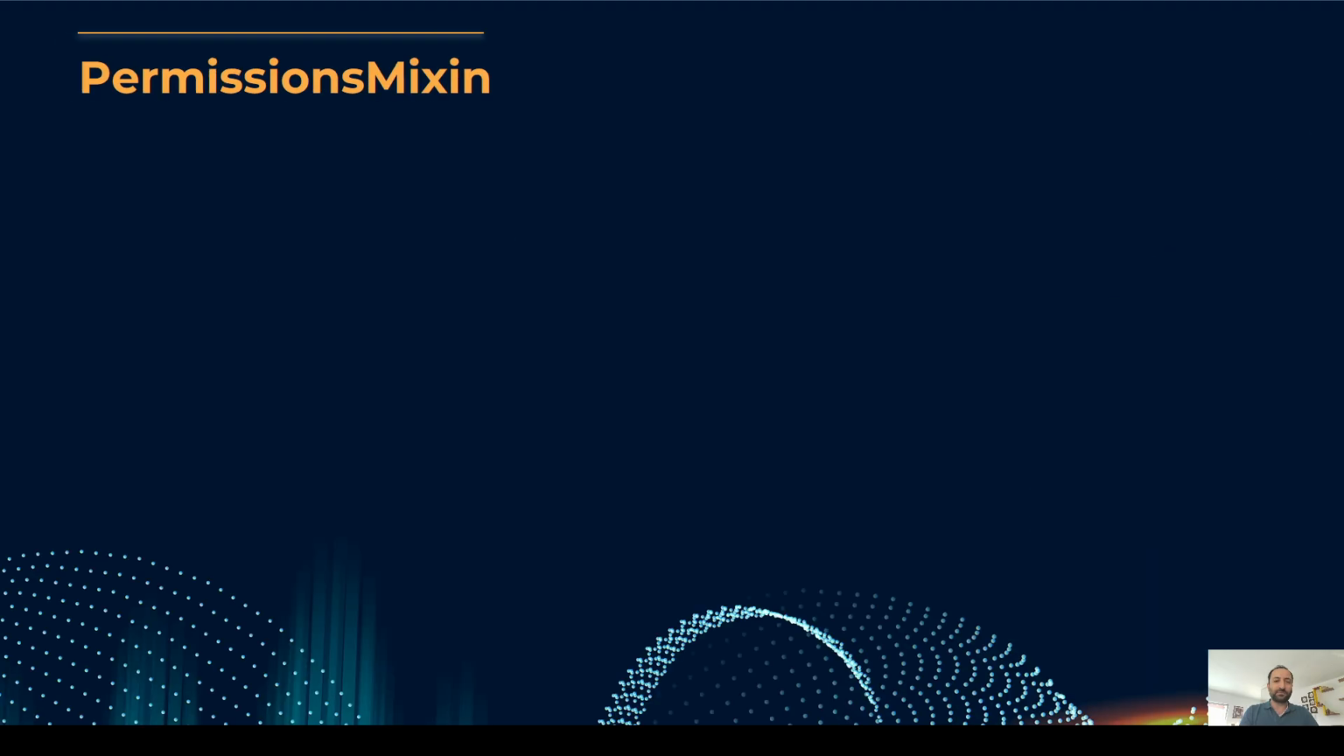The PermissionsMixin base class is used for the Django permission system. Django comes with a permission system that allows you to assign permissions to different users, and it integrates with the Django admin. To support that, we are going to use the PermissionsMixin base class. The PermissionsMixin base class provides all the default fields and methods needed for our user model to work with Django's